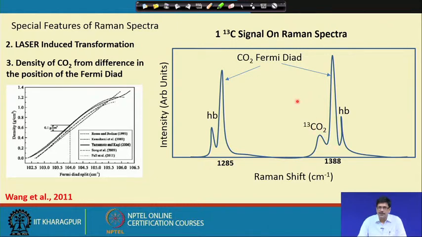Sometimes while taking Raman spectra we do observe this, though in most cases we do not. It has been suggested that the presence or the prominence of this particular peak depends on the concentration, as we express it, the del 13 C value. Sometimes it is put at about 20 per mil or 27 per mil. If it is less than that, then this peak will not appear.